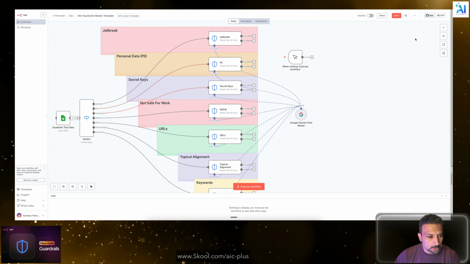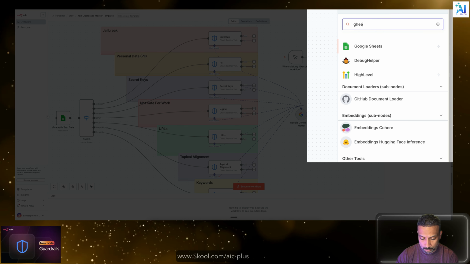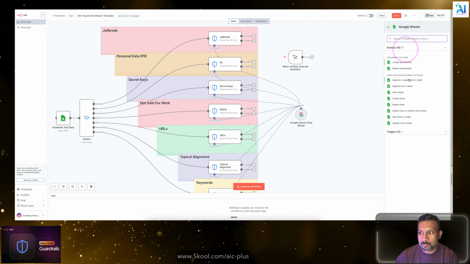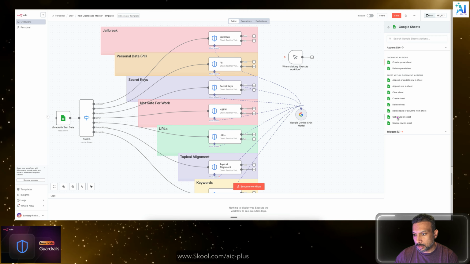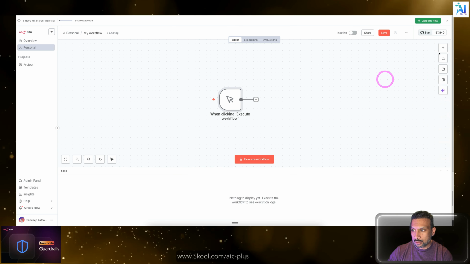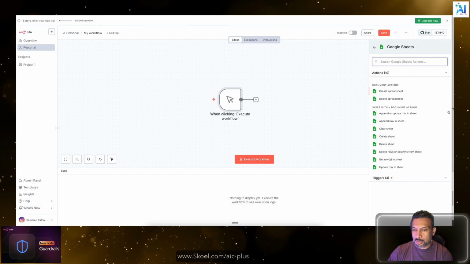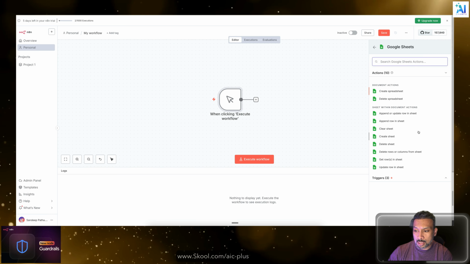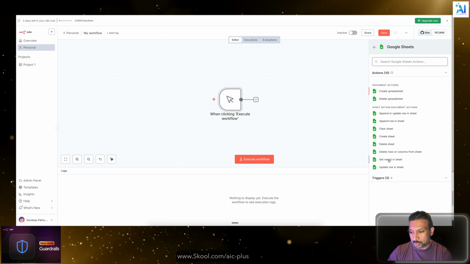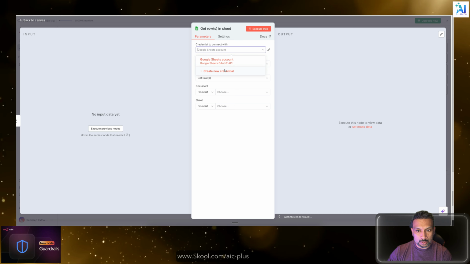The second thing which you'll need is Excel sheet. How to get it? Look for G sheets and get rows. This is how you create credentials for Google Sheets. Let's take a trigger. Let's say G sheets. This is n8n cloud account. Let's say we need to get rows. All right, how to do this? I'm going to create a new credential,